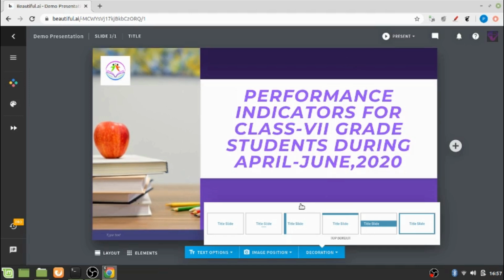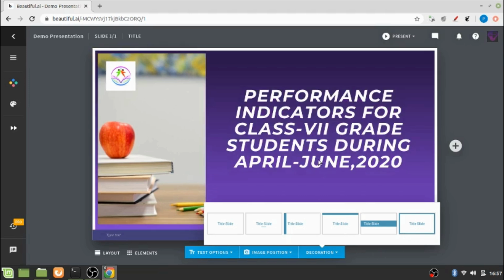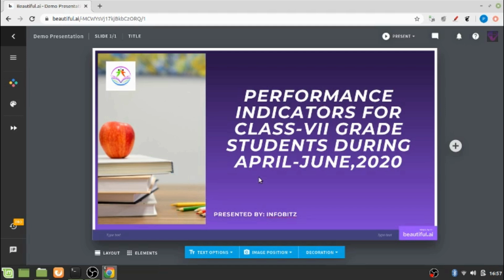Then if I click on this block option, then the entire text has been added under a block. Then if I click on this frame option, then the entire slide is kept under a frame. So it is up to you which style you want to pick up.